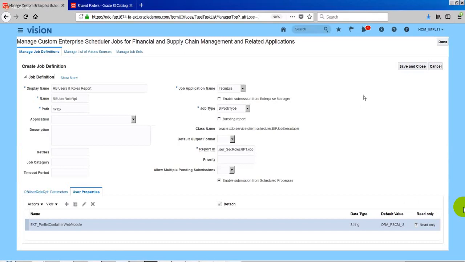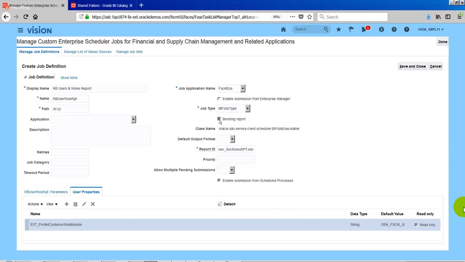Bursting report: if a report has bursting logic, then this bursting report option has to be enabled. When I work on outbound integrations, I'm going to show some bursting report examples.